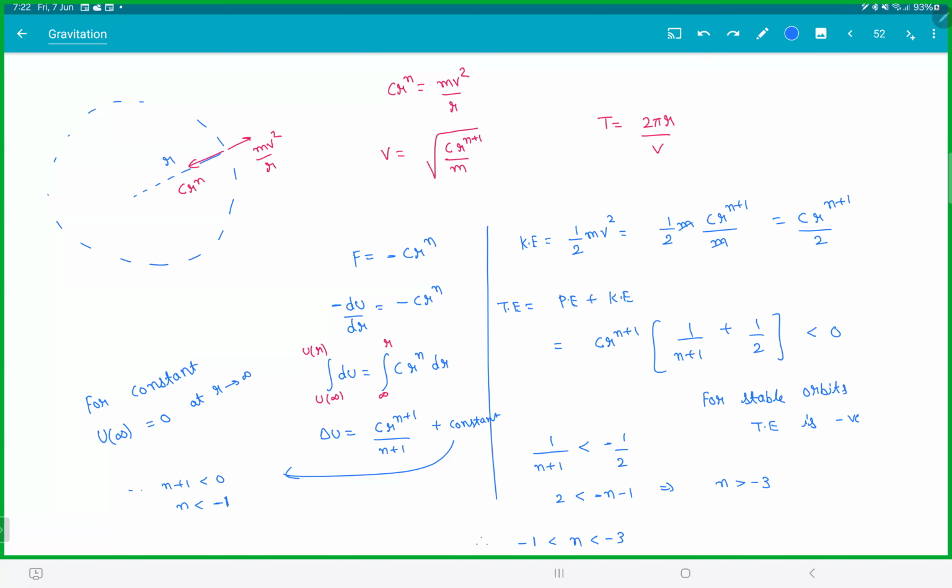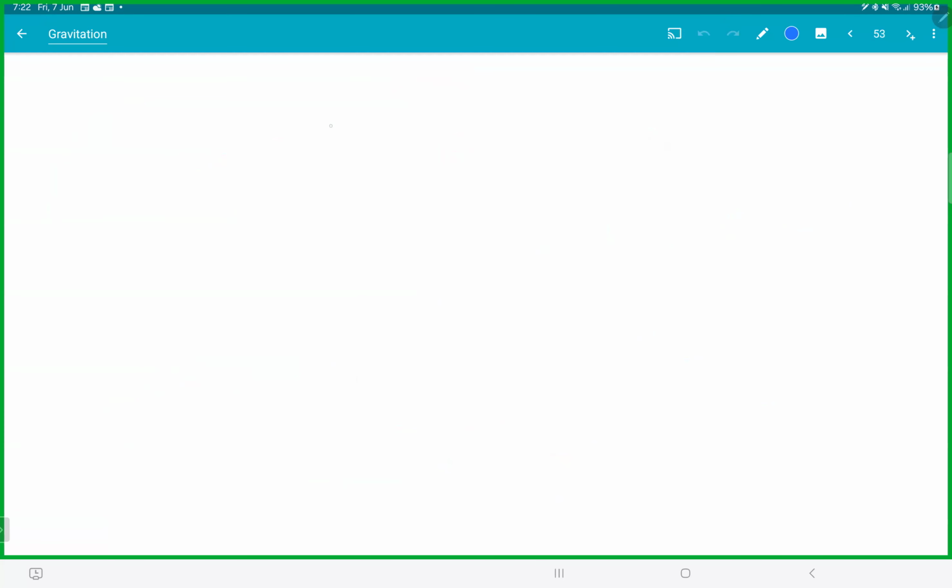Are you getting the reason? I'll just give an example. Look, suppose force is -cr square, then when you write the potential energy du by dr, minus sign is -cr square. You get du is equal to cr square dr. So when you take normally potential energy, you got potential energy difference, which is c. So what will you take reference here? Let's say infinity to r. This guy would be, so potential energy at u of r minus u of infinity. This would be c r cube by 3. Limits go from r to infinity. This will blow off to infinity,